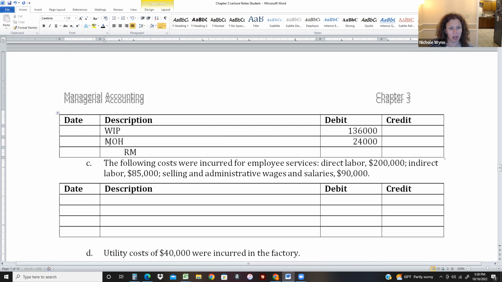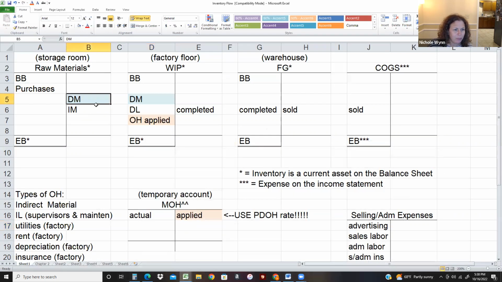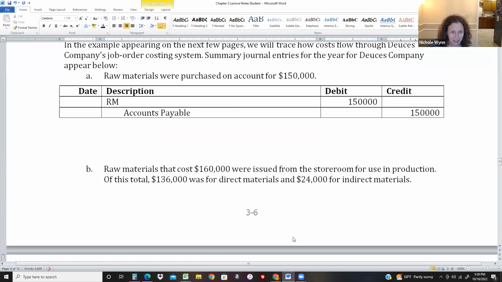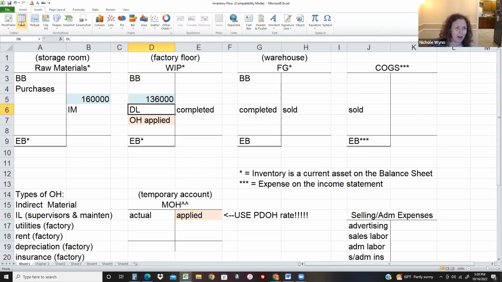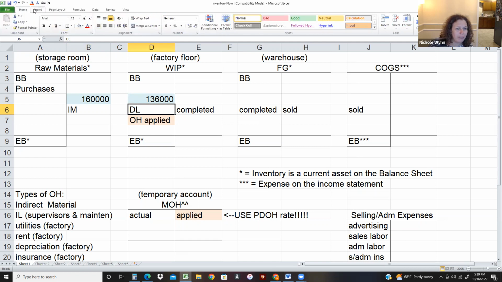But all of it will come out of raw materials. Okay, so in my T account example, the two numbers that come out of here are a total of 160, but only 136 will come over here. So you'll notice that back in our previous chapter,